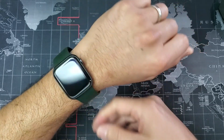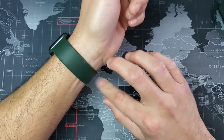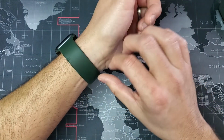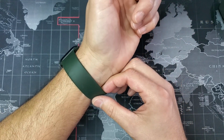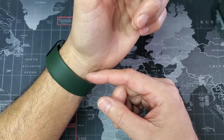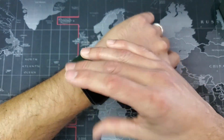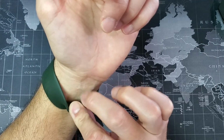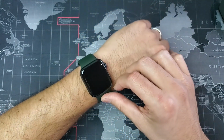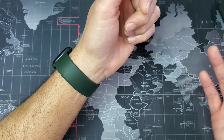It feels so good, so nice, and probably something I'm gonna wear more often than the other band, the Sport Loop. I was kind of hesitant whether or not I was going to wear this all the time because the sweat pulls up underneath here, it gets all gross, you gotta wash it, which is fine, but with the cloth stuff, the fabric, it's not gonna pull up as much as it would on a rubber band. So nice band, just be careful on the sizing guide,